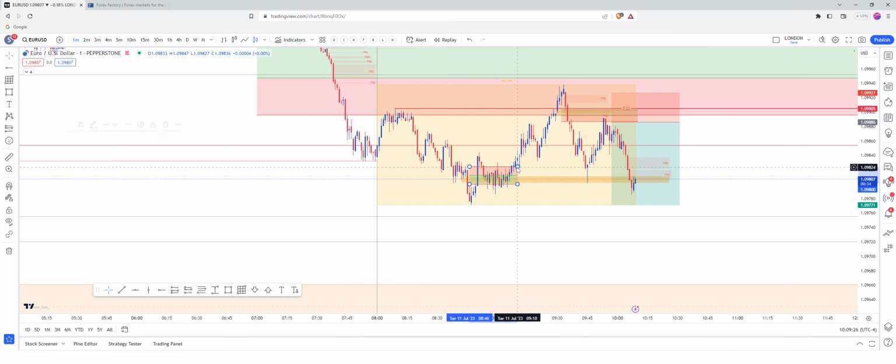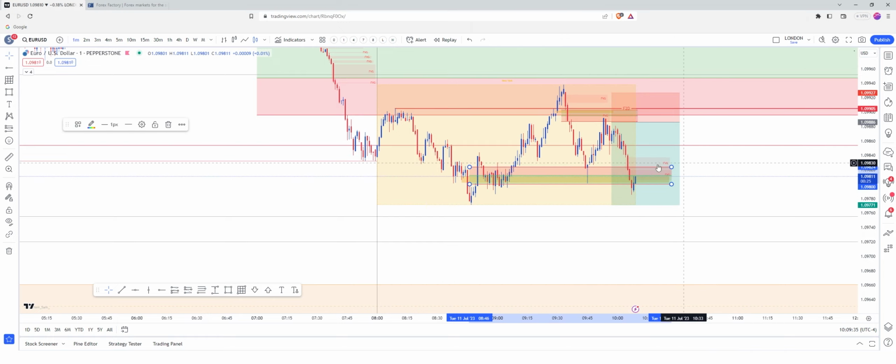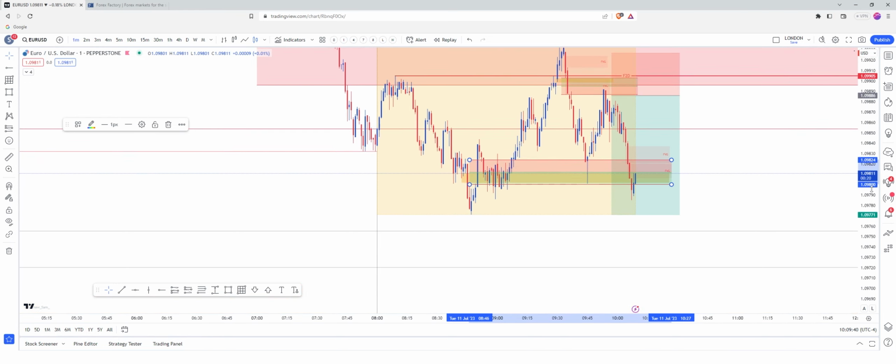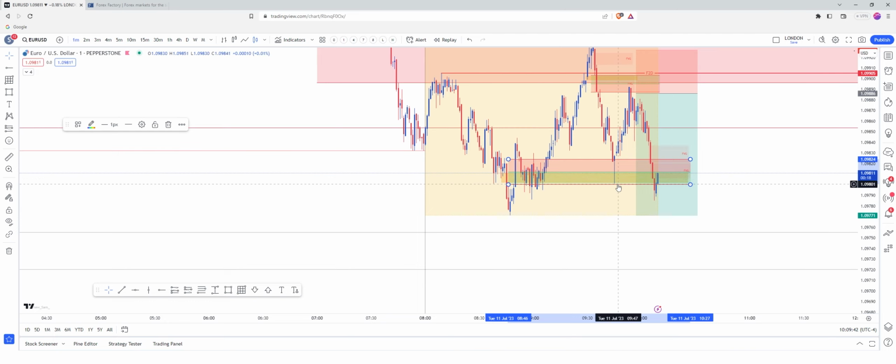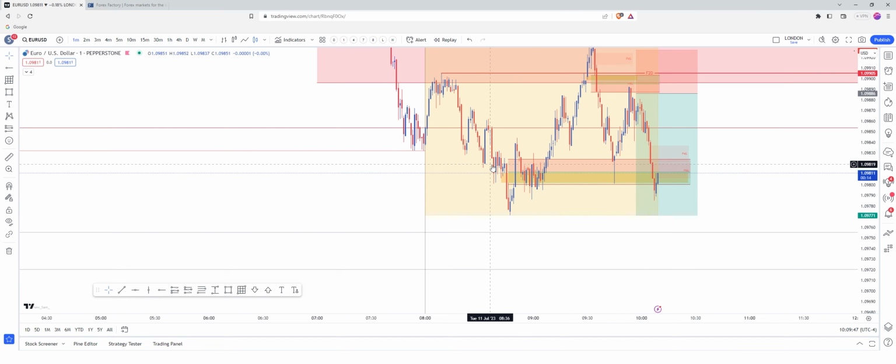Broken that. That's our old fair value gap that we were eyeing up, which hopefully will act as resistance now as an inversion fair value gap. I am closing out in full because I need to leave. We have taken liquidity here, we've taken some liquidity here, so see if this inversion actually does work as an inversion fair value gap or not. I'll leave that running, see how it plays out, but I'm happy with that.